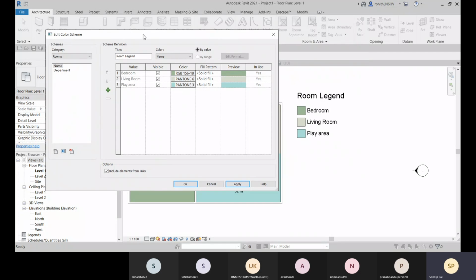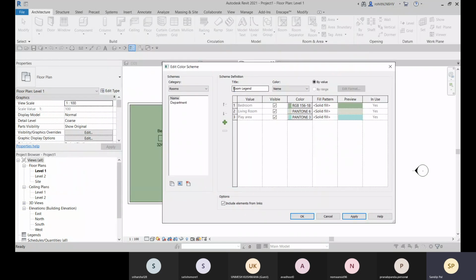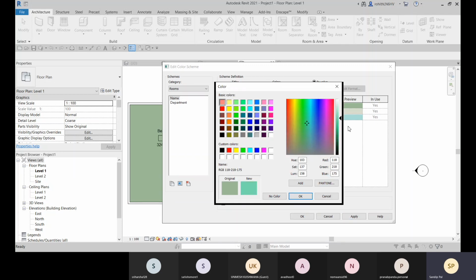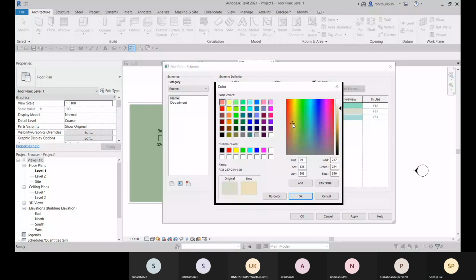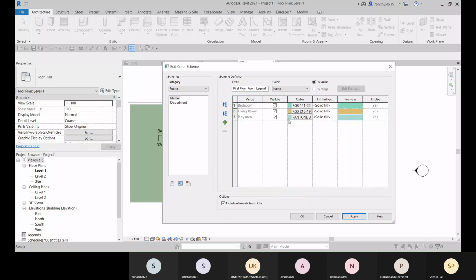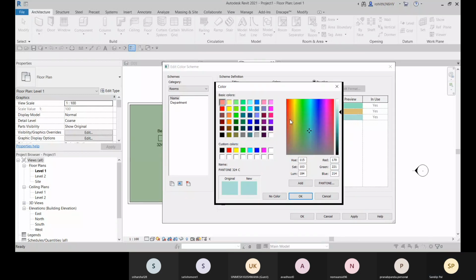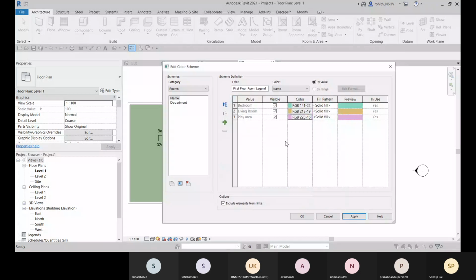So here you can change the name. Suppose this is for first floor room legend. Here all the things will be visible. The colors are these. You can change the color. Click here. Okay.